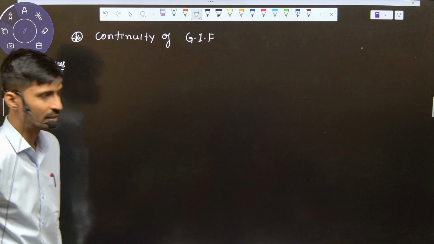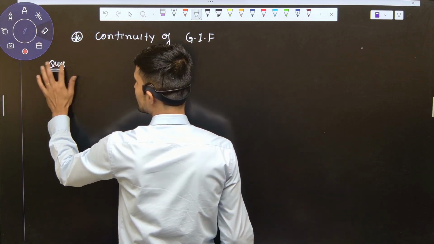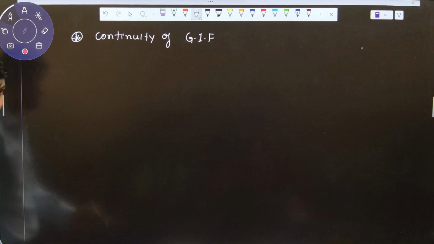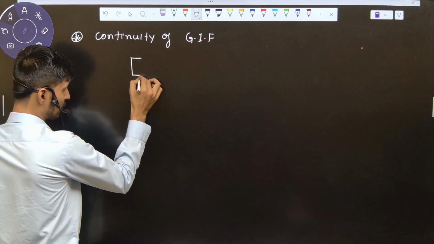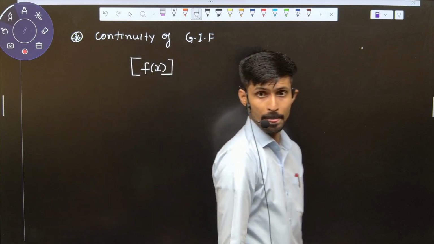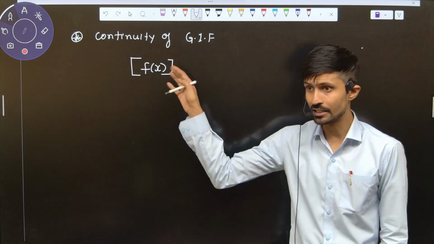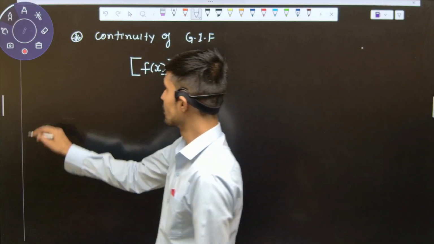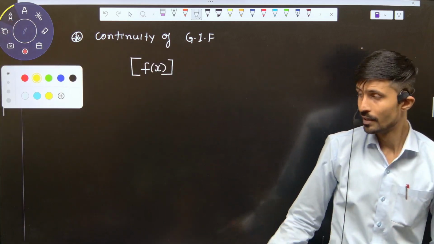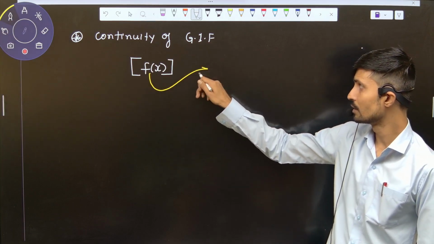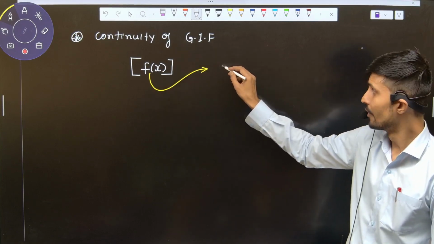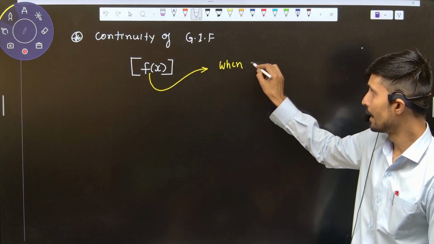Acha, first the concept, then the question. What is the concept? The concept is saying, suppose I give you one greatest integer function, f of x, and I ask you, tell me when this function will be discontinuous. When will this function be discontinuous? This whole function is discontinuous when f of x